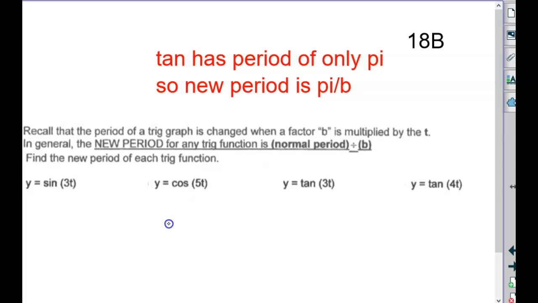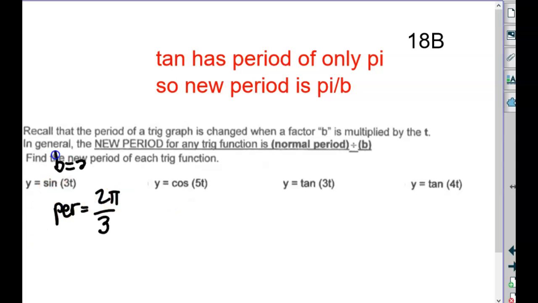So at the top of 18b, what would the new period be if I were to graph this? This is review. Sine 3t, what would the period be? The sine graph would be 2 pi over 3, right? If it was a cosine graph with b of 5,